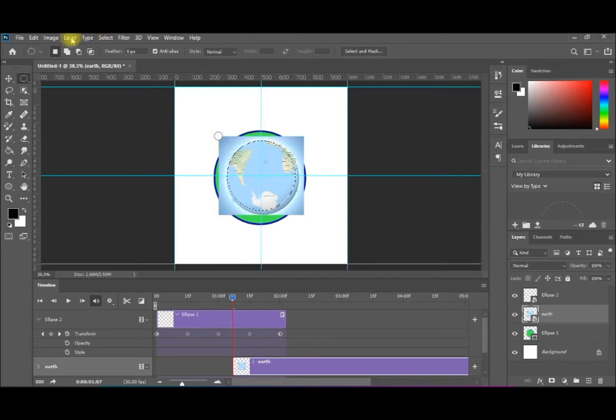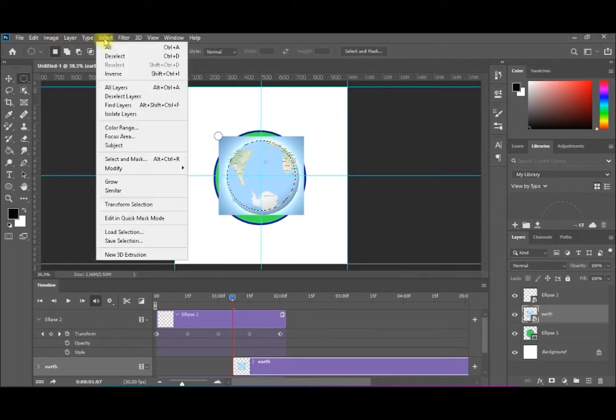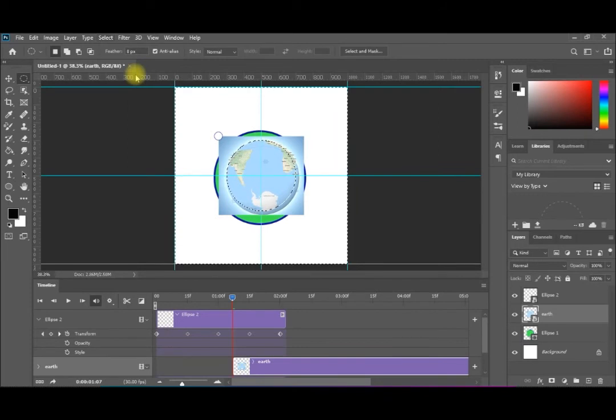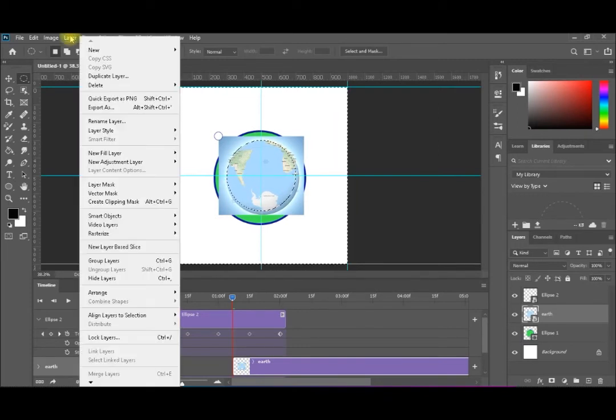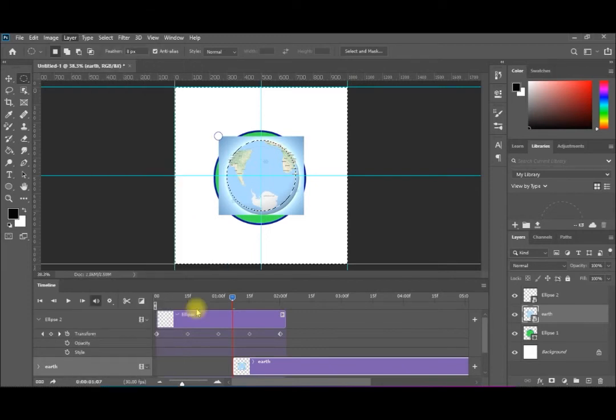Okay, and then I go to select, inverse selection. Okay, and then I come to layer, rasterize my layer. Okay, and then I delete, so I'll be having my Earth, and I can come to this and disable this, so I'm having now my Earth. Control D to remove the selection, and then